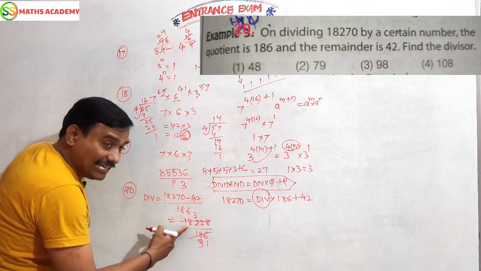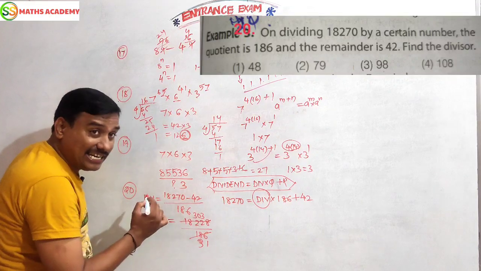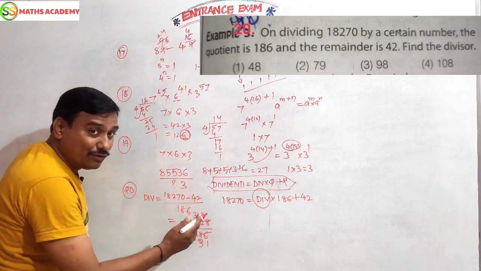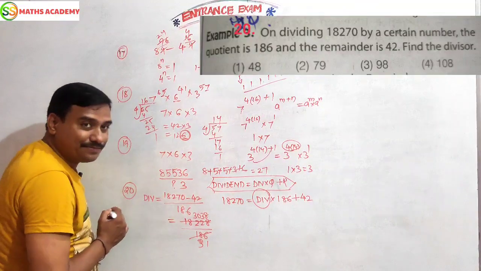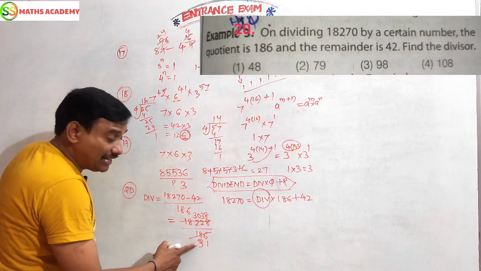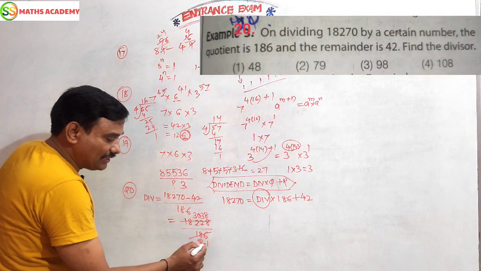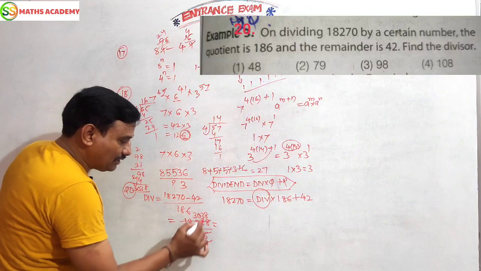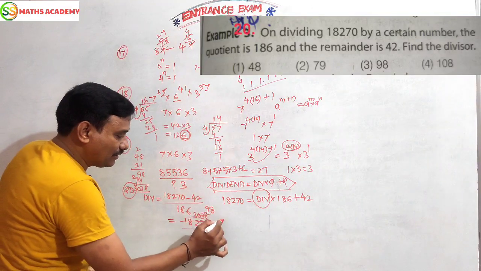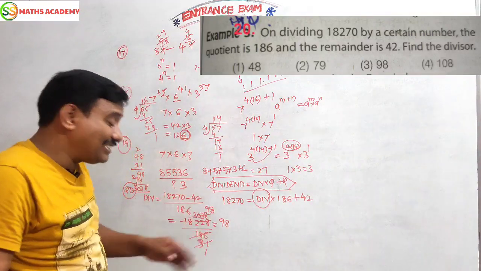6 3 is 18. 6 30 is 180. 22. 6 3 is 18. Right? 6 8 is 48. Okay. Now 31 is a prime number. Directly we can think as 31 30 38. So 31 1 ja 31, 31 98 ja. 98. Simple. But how would I know this answer 98?